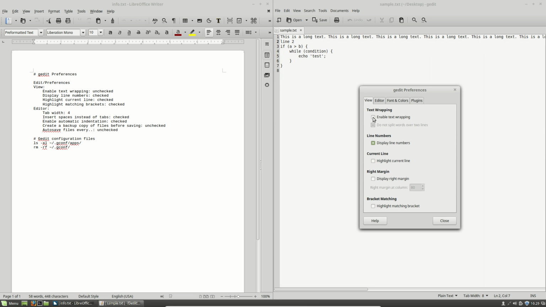So if I uncheck the enable text wrapping option, you will see that the text is shown in the raw format, as the text was written inside the file. I encourage you not to use this option, enable text wrapping, because if you are a programmer, for example, and you want to see the real text which is inside of your file, this option is better to be unchecked. If you want to use the text wrapping,